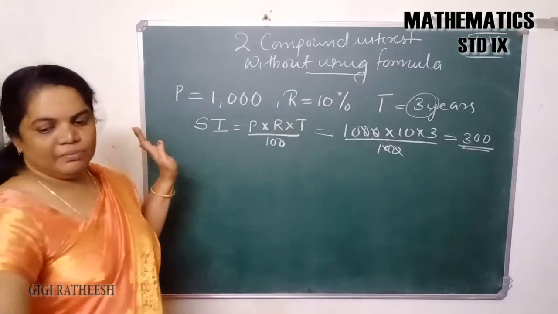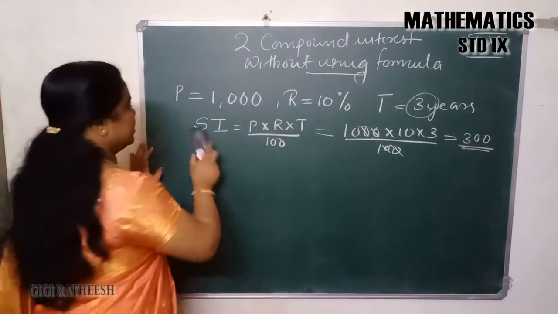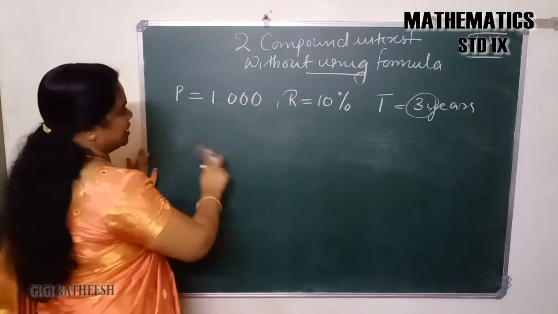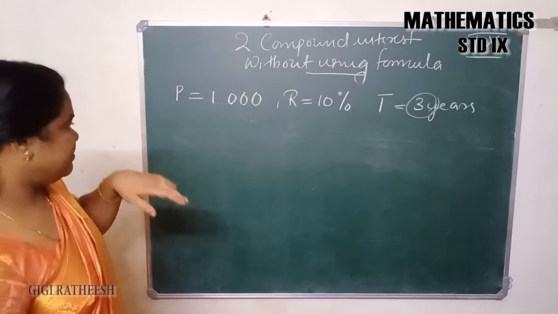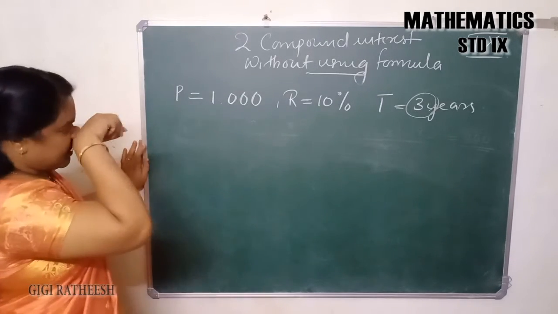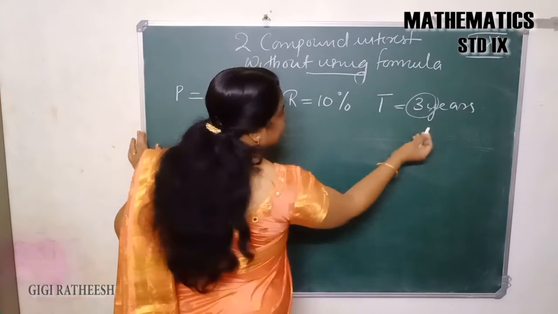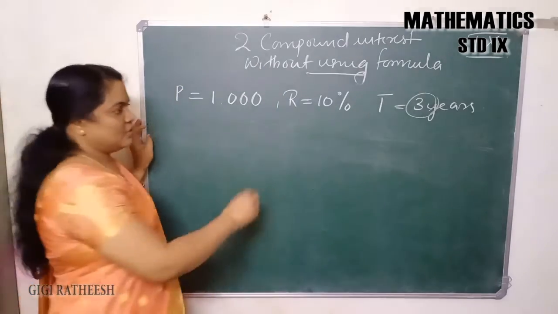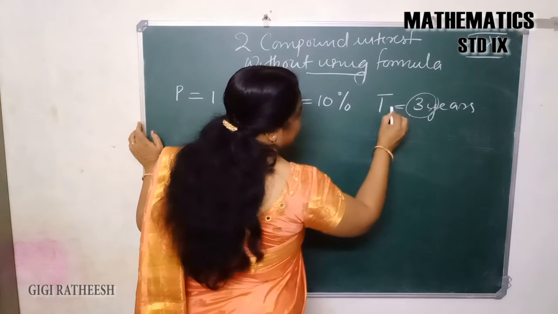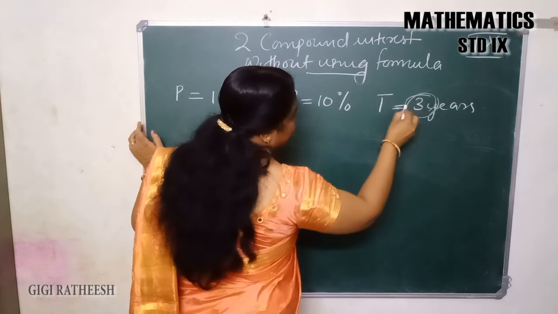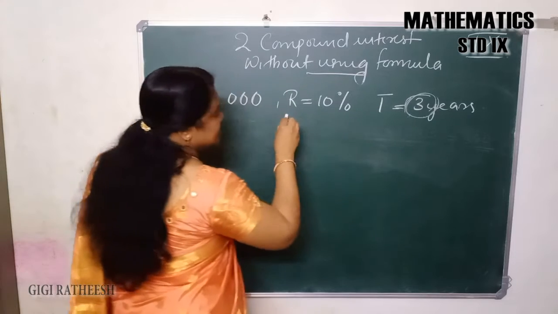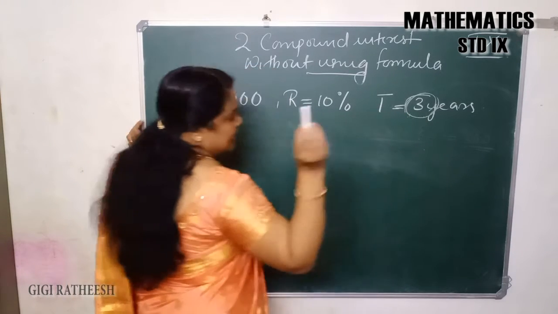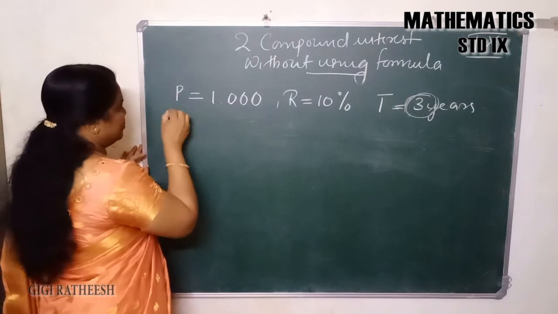And here, how can we compute the compound interest for this amount of 1000? Step by step we can calculate the compound interest. In simple interest we calculate for the whole 3 years, but for compound interest we calculate the interest one by one, that is for every year: the first year, second year and third year. How can we calculate this? For the first year,